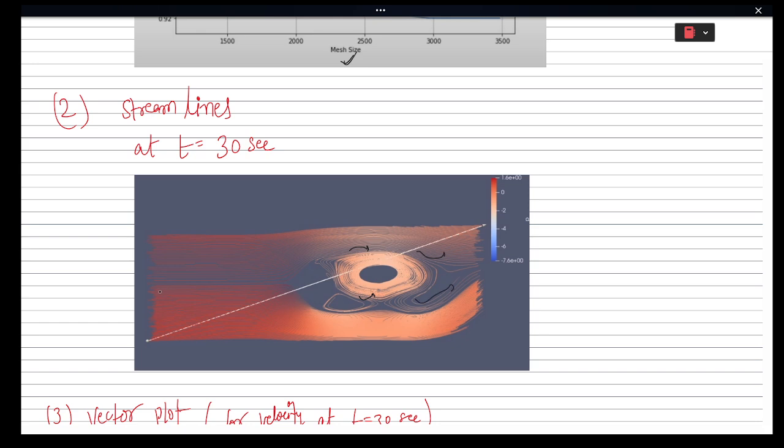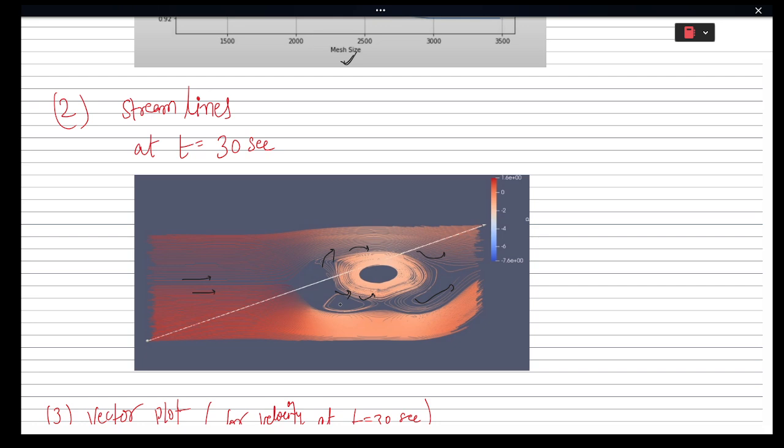Here you can see it first comes, and after that it separates. Behind the object, vortices, circular flow patterns, are formed. These vortices are areas where the fluid spins because of the separation and instability. Also, streamlines are helpful to visualize flow behavior, such as the regions of smooth flow, separation,